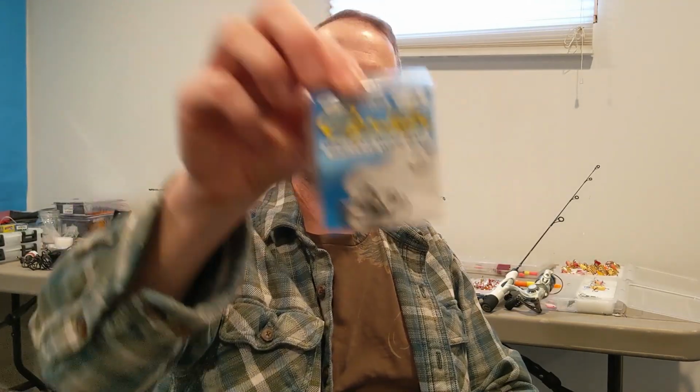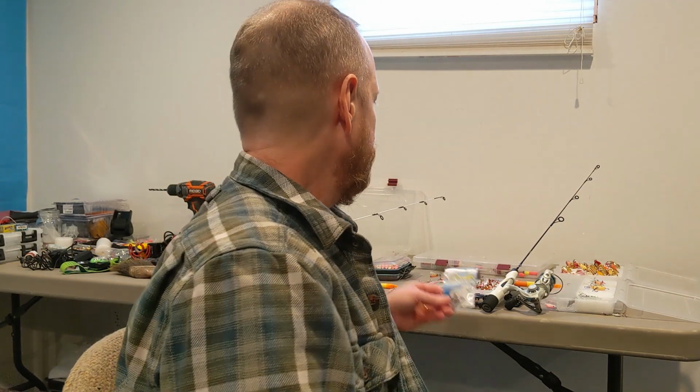The only other setup that I would be using would just be the plain hook. And you've got to make sure to bring those, because you just never know. Sometimes you find that if you are putting down just a plain hook, whether it's a red hook or a gold hook, it's good to have variety. You just never know what will be working, and that's kind of the mystery of the first day that you're there, right? You're trying to figure out what they're biting on, and changing things around,